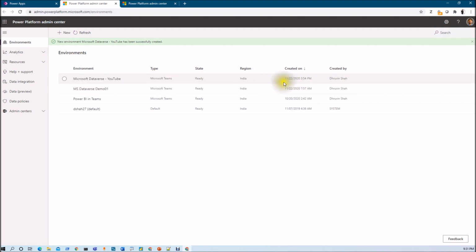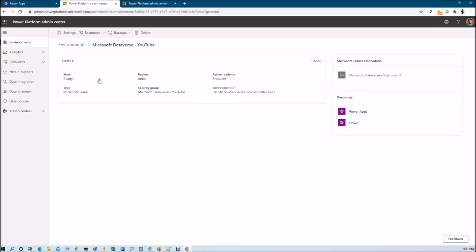And it was just created now. When you click on it, you will be able to see additional information. Its type is Microsoft Teams, meaning it has been created on top of Microsoft Dataverse for Teams, and this default security group has access to this environment.